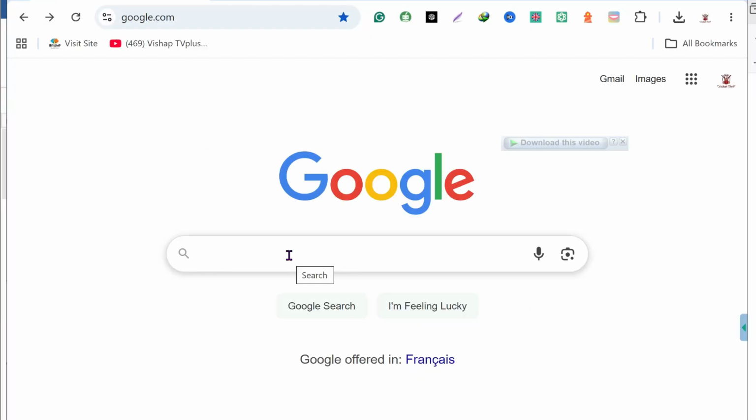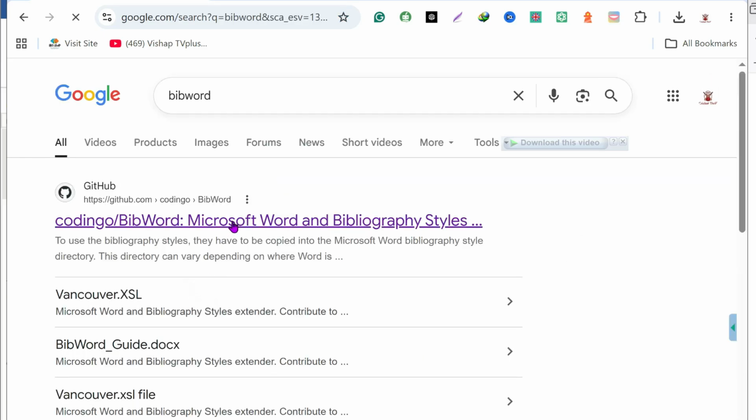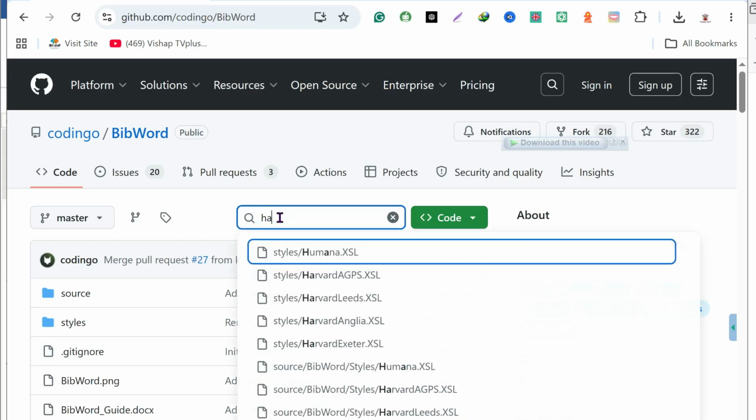Now open your web browser and search for the bib word. Click on that and click on the first link. So go to the search icon and type Harvard. So download the file name